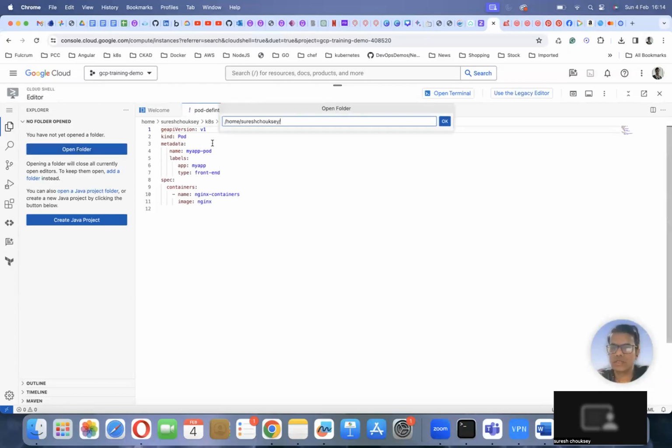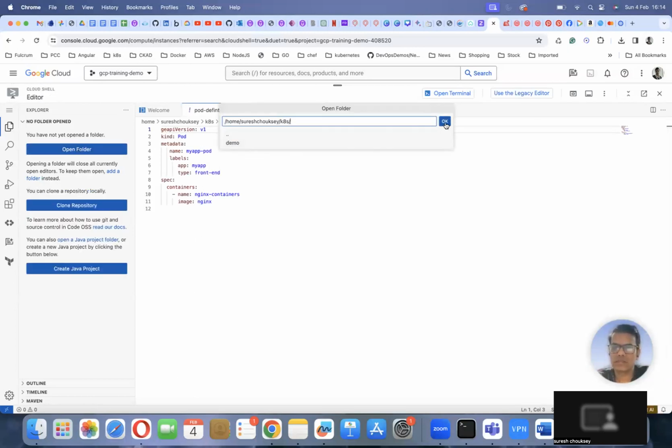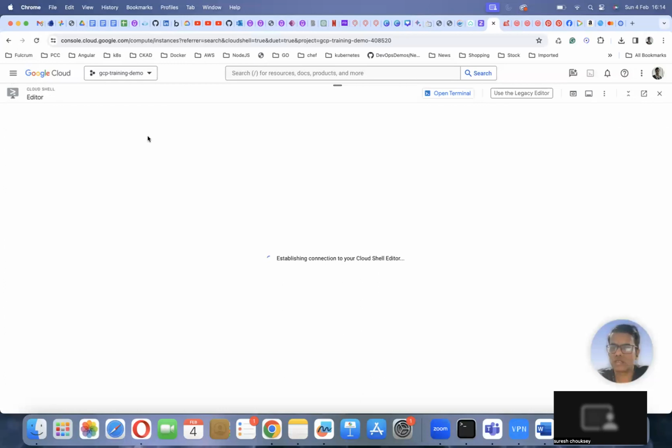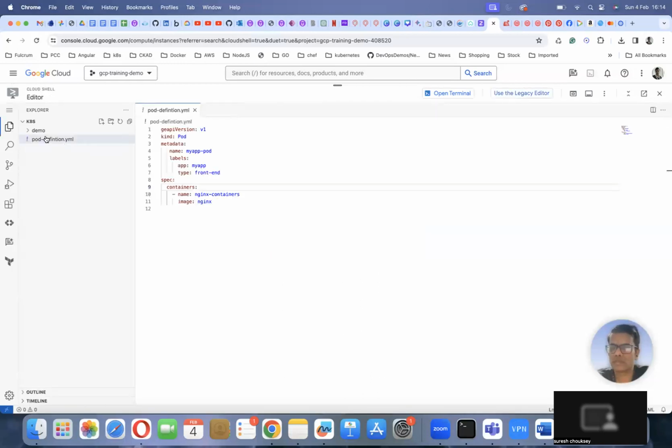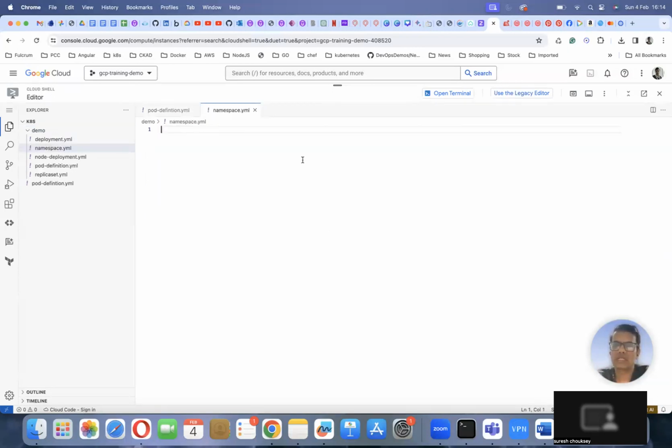Okay, folder. Under the demo, we can create a namespace.yml. So how can we create it? API version v1. That's it. Okay, kind: